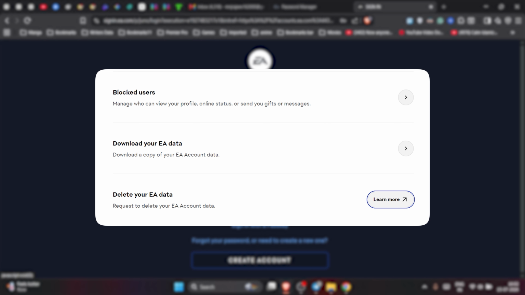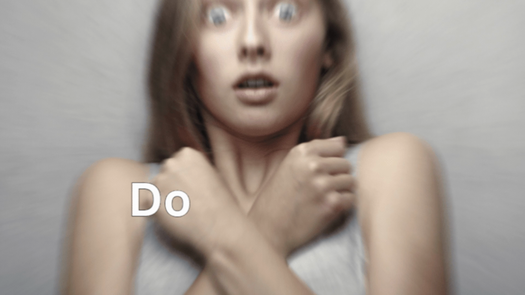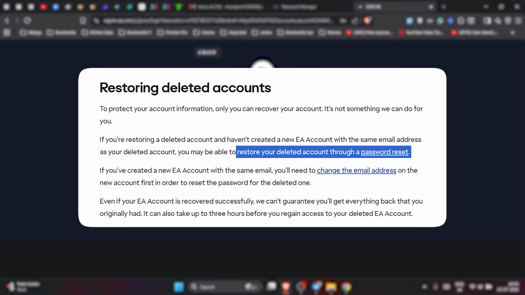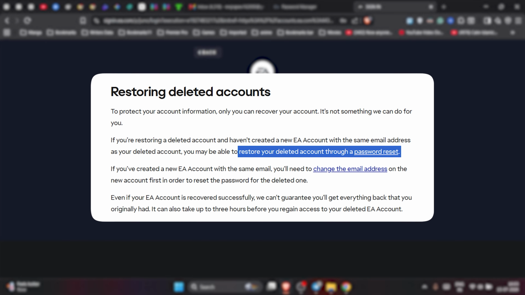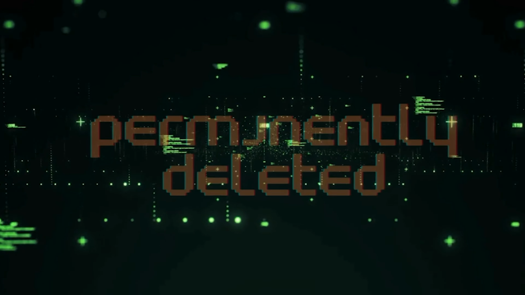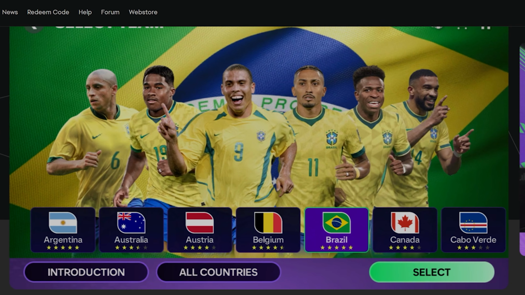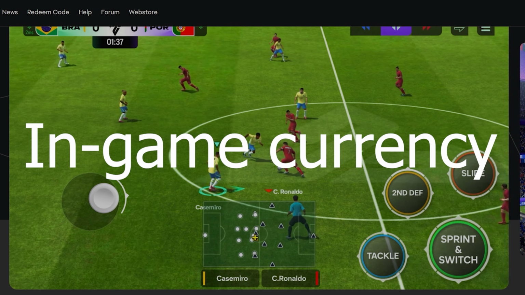But if you've accidentally requested to delete yours, don't panic. If the deletion hasn't been completed and you haven't created a new EA account with the same email address, you may be able to restore it by resetting your password. However, once EA permanently deletes your account, it can't be recovered, and you'll lose your games, purchases, achievements, in-game currency,